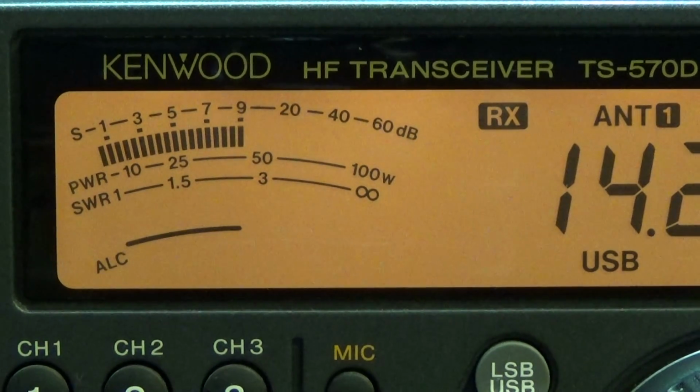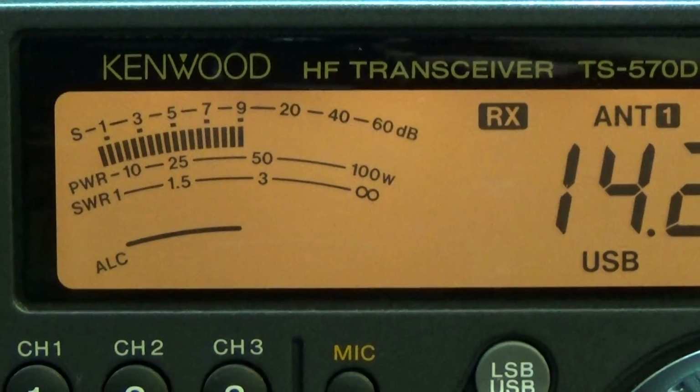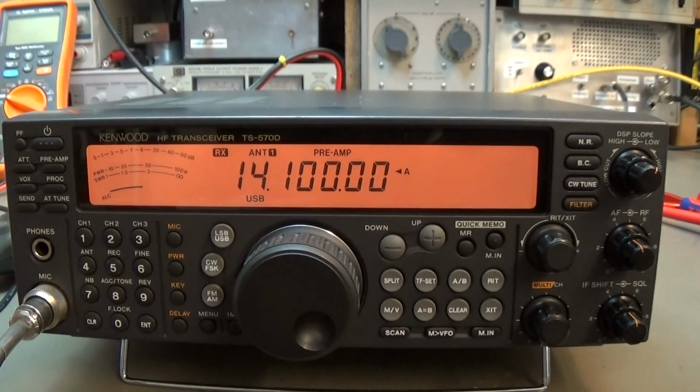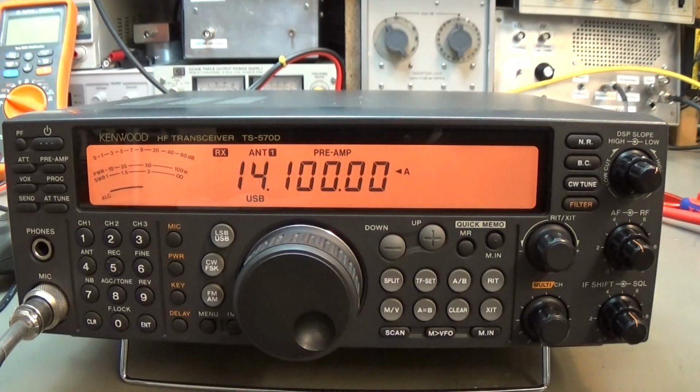So the S-meter on SSB is okay, so we do not really need to align it on SSB. That is fine. According to our service manual, I wanted to verify the sensitivity on the shortwave SSB band as well, and the radio is